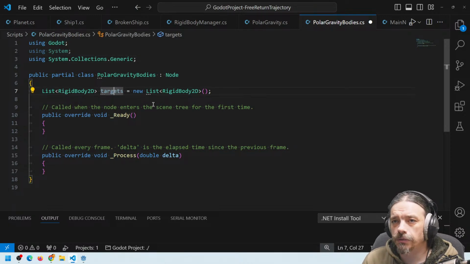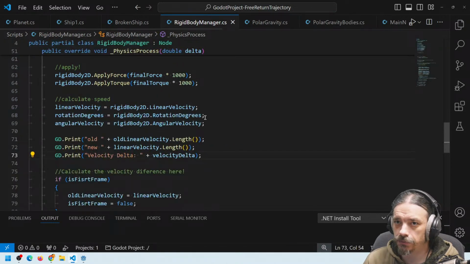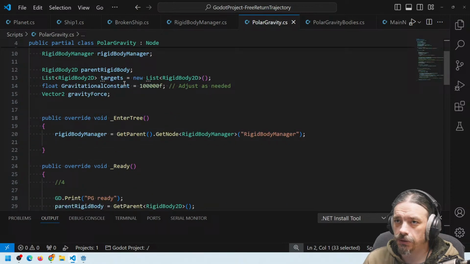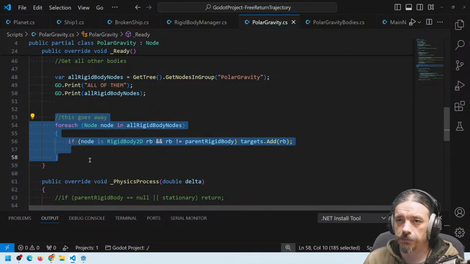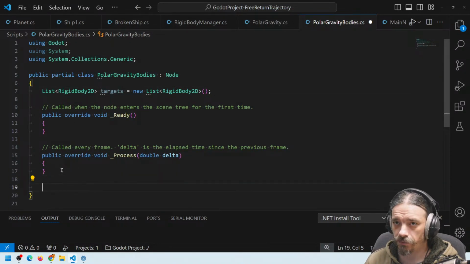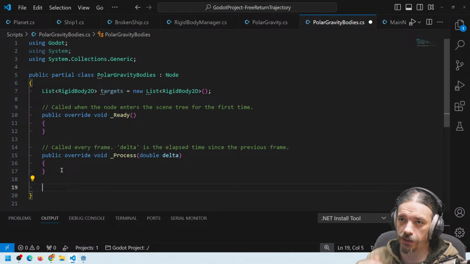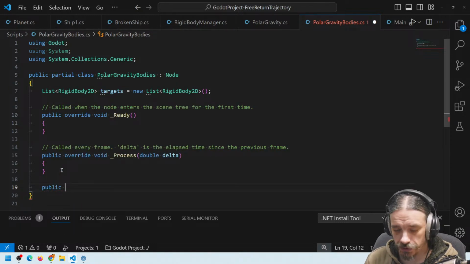So we have the targets. But we are not going to detect them from here as we did in the other one. So in the script we have the list, and then in the start or in the ready function we get all of them. But we are not going to do this anymore. What we are going to do is to have a method to add rigid bodies there and another to remove rigid bodies from there. So public void